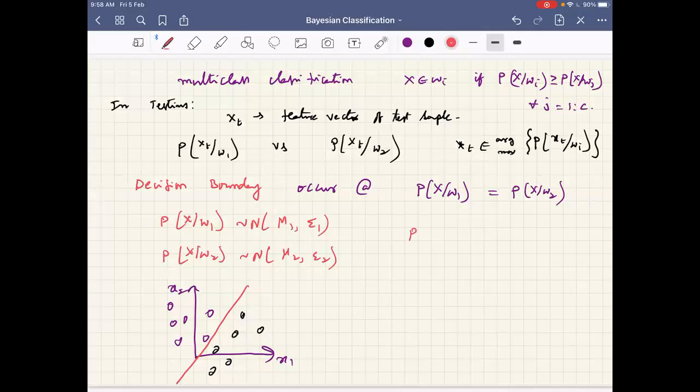In the top right here, you've written xt belongs to argmax of probability. How is xt belonging to that, sir? Argmax will actually give us the class. It will give omega 1 or omega 2. That's why I have written xt belongs to omega 1 or omega 2. Argmax will give you not i, but omega i here. Okay, so this is capital XT.